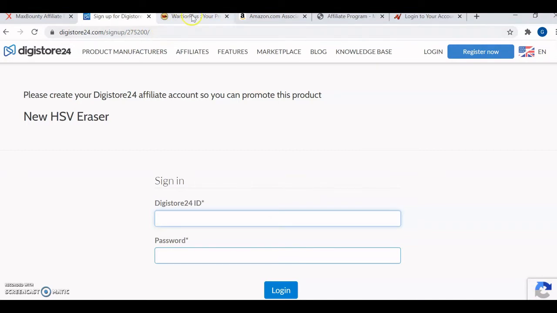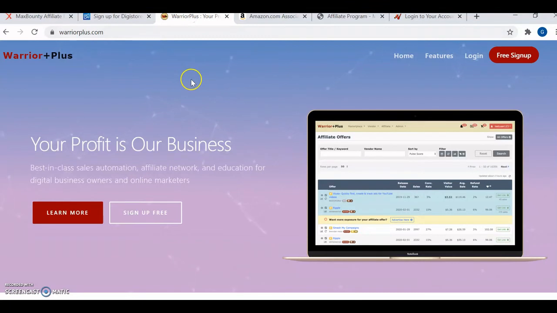It's global. The other site that I can recommend is Warrior Plus. Warrior Plus does a lot of make money online products, software. So if you're interested in that, you can go for warriorplus.com. It's easy to sign up, and all these sites are free to sign up and get started. What happens with Warrior Plus, just like any other, you see products, and then you ask for approval from the owner of that product. So it's easy, you can maneuver the system.